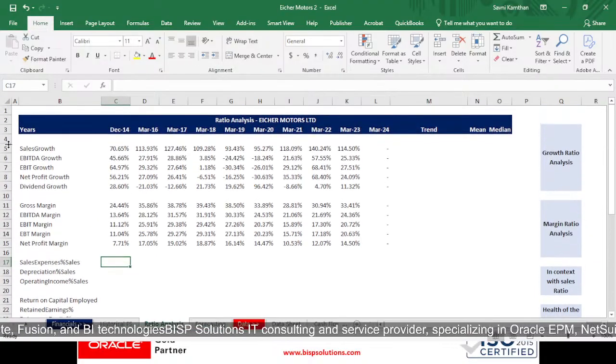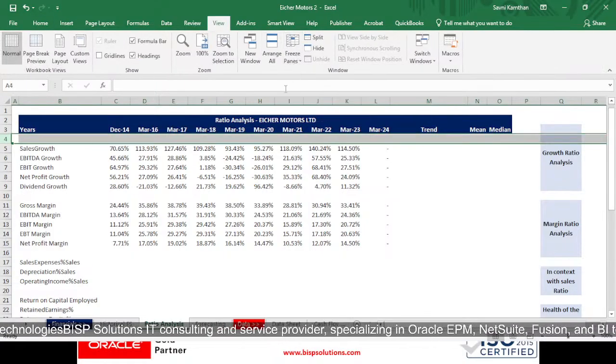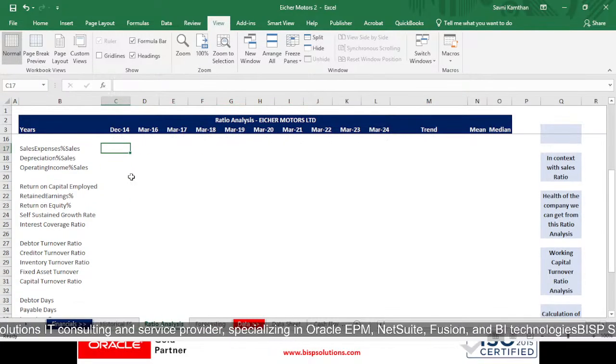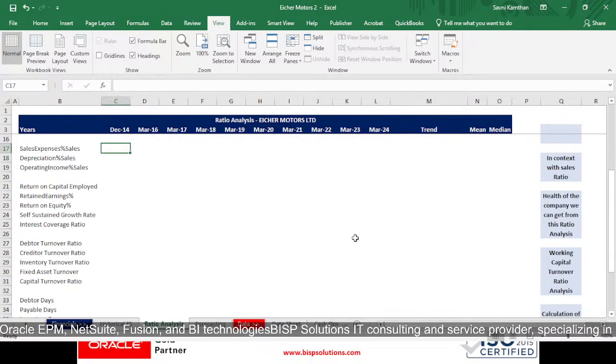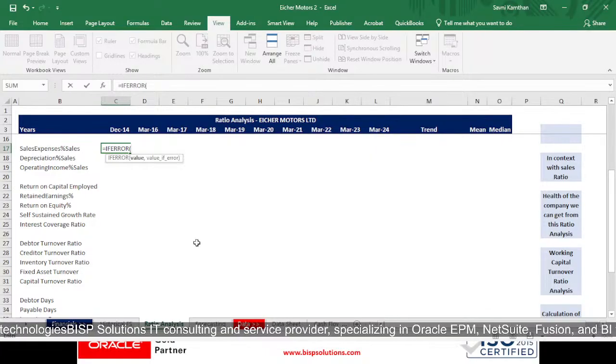Now just a second, I have to make it freeze. Now if I want to calculate my sales expenses percentage of sales, it is in context with the sales ratio. All the ratios we will be calculating now are in relation with our sales. Again, we will be using the IFERROR function,